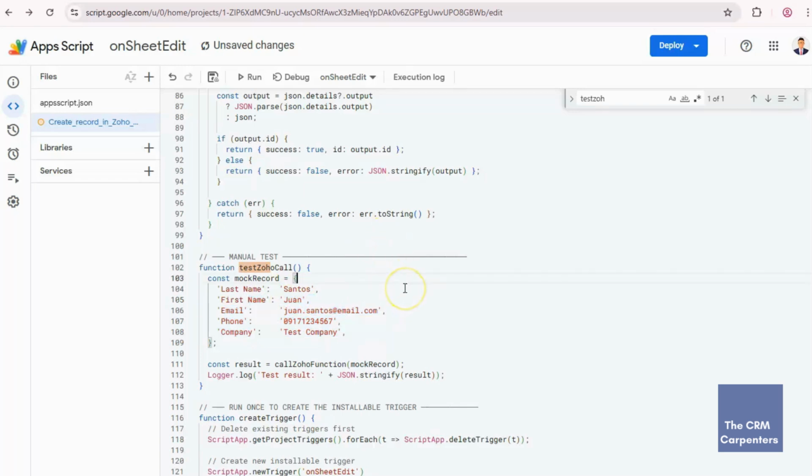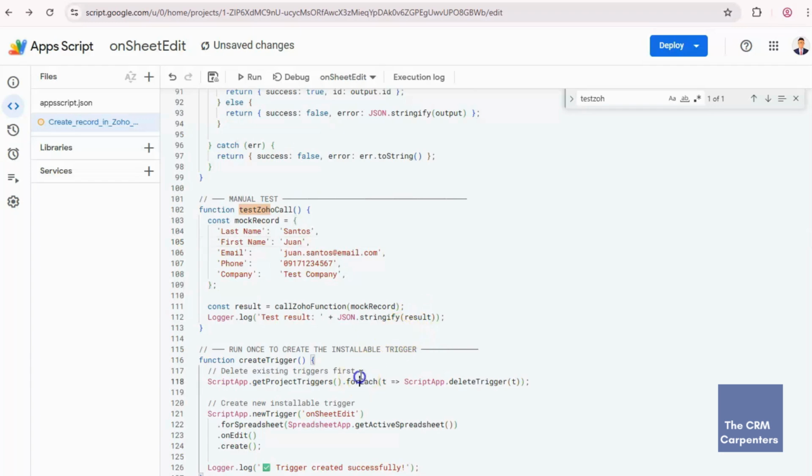We are not going to trigger the main action, but when you execute the test Zoho call, it manually creates a record in Zoho CRM with this Mac data, so you can confirm if the script is working or not.